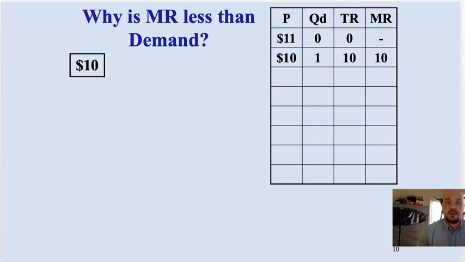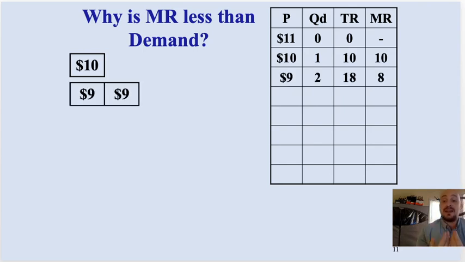Well, what if the store wants to sell more eggs? What do they have to do? They have to lower the price again. But here's the deal. If I'm the desperate person paying $10 for a carton of eggs, they can't charge me 10 and then charge you 9. They have to lower the price for me and you as well. And so they lower the price to $9. I buy eggs, you buy eggs, which means their total revenue is now $18. Before, their total revenue was $10, so that means now their marginal revenue is $8.